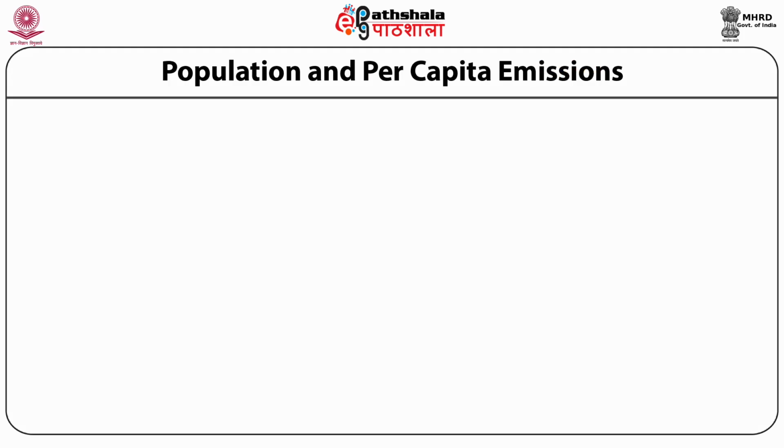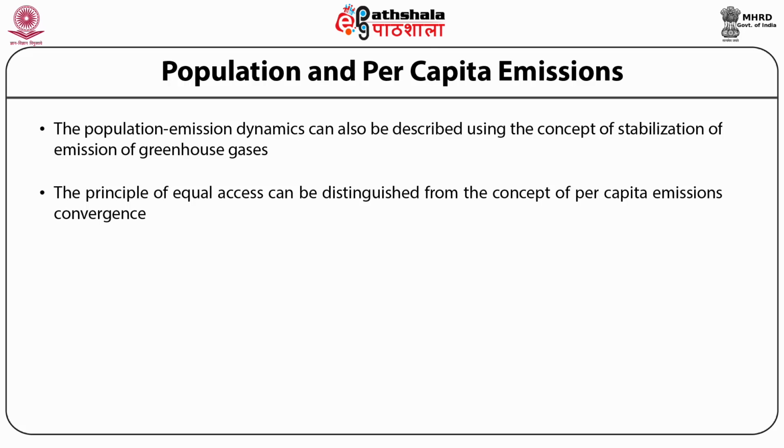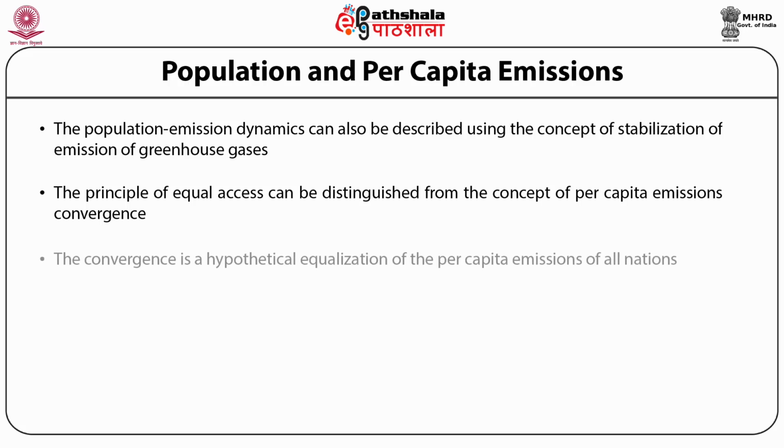Population and per capita emissions. The population emission dynamics can also be described using the concept of stabilization of emission of greenhouse gases. This can be very well analyzed using the logic of equal access. The principle of equal access can be distinguished from the concept of per capita emissions convergence. The convergence is actually a hypothetical equalization of the per capita emissions of all nations, which few economists believe will